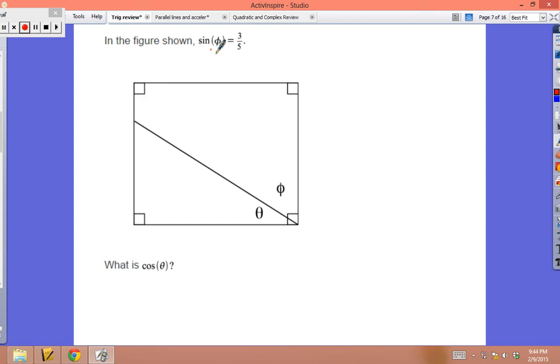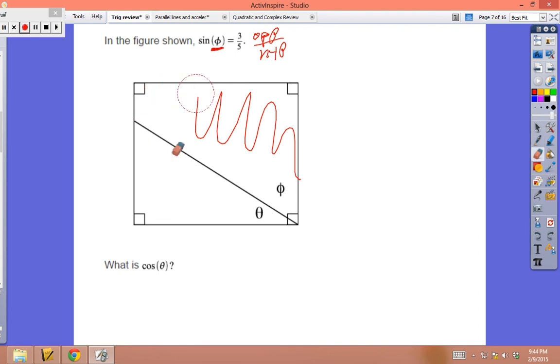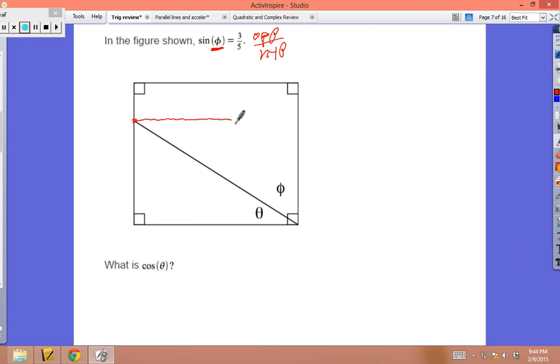Okay, in the figure shown, phi, which is this guy right here, the sine of phi is 3/5, so that's opposite, that's hypotenuse. But this shape right here is not a triangle, some kind of a quadrilateral, but if I made it a triangle, it wouldn't be too bad. So if I start from this point and I go straight across right here, and I know this is a rectangle because all the corners are 90 degrees,